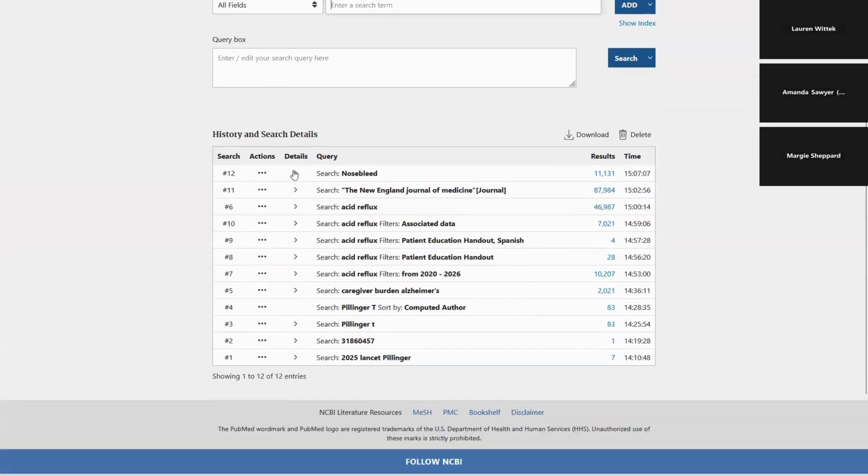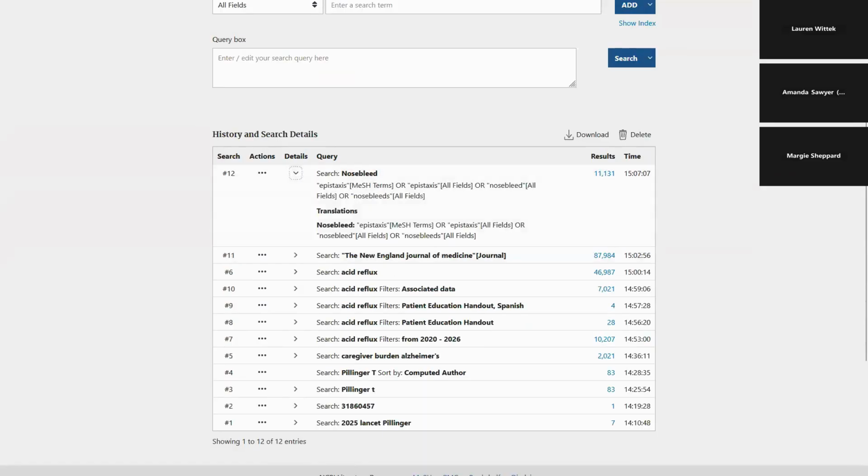So there it is. It's added to our search history and search details. And when we click on the arrow, epistaxis is the MeSH term. It also included nosebleed as well. So, basically this exercise is just